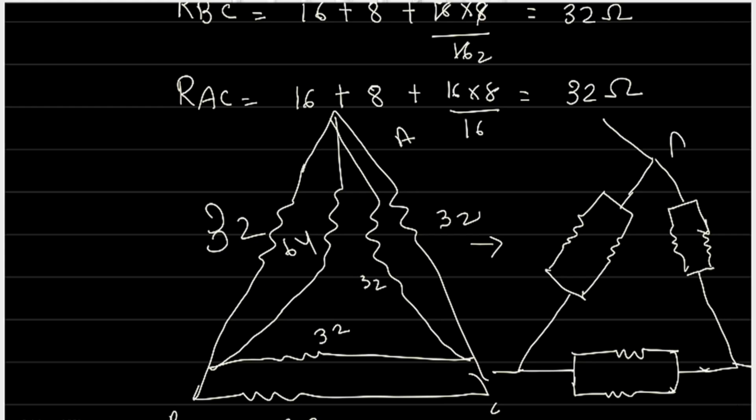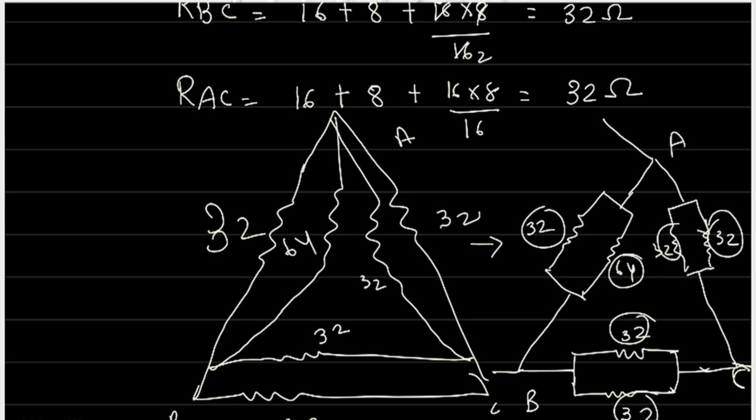So A, B and C, with 32, 64, 32, 32, 32, 32. Okay. Now solving this, 32 and 64 in parallel,